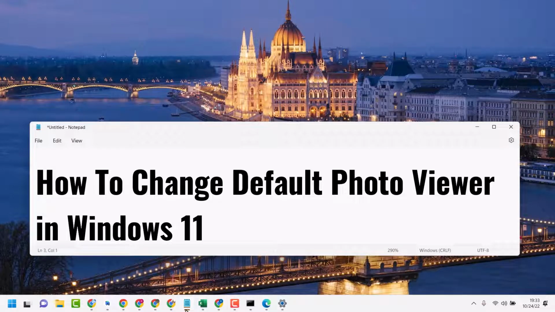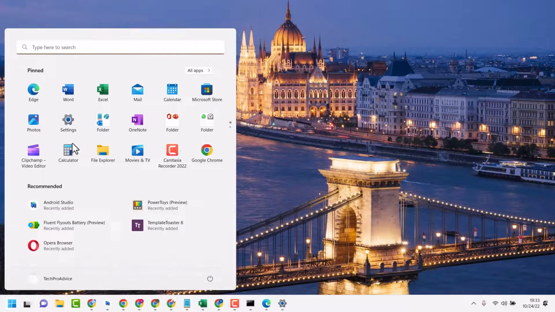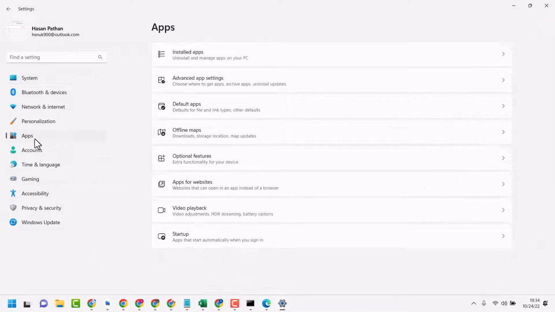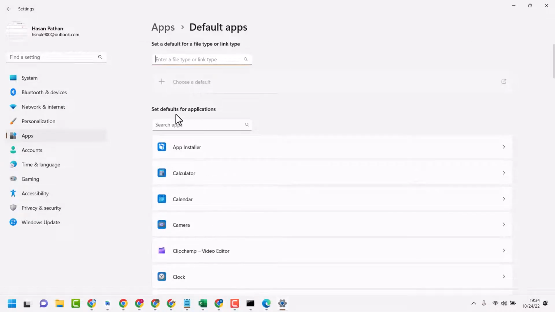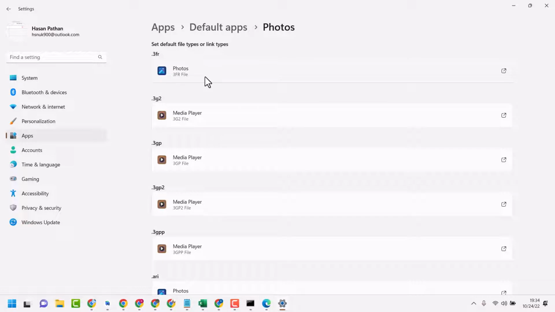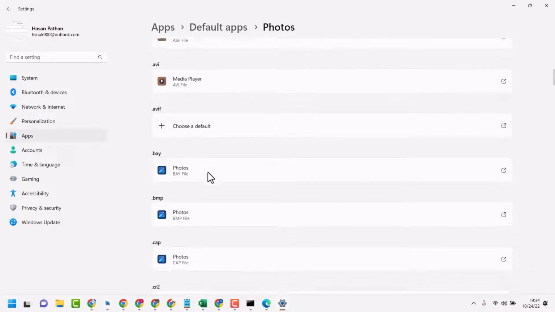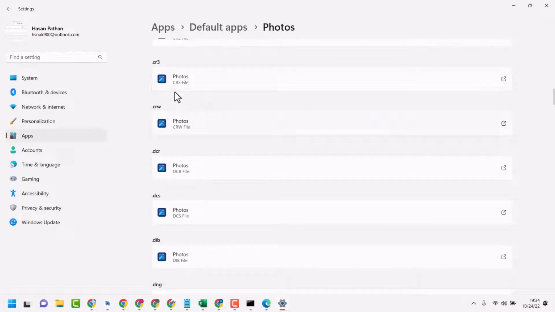In this video, I will show how to change the default photo viewer in Windows 11. So click on Start, then Settings, Default Apps. Here you will see a list of extensions. You can set photo